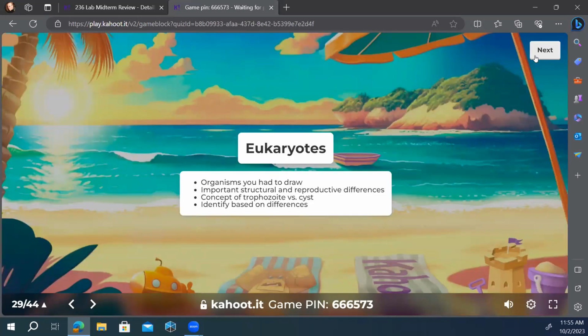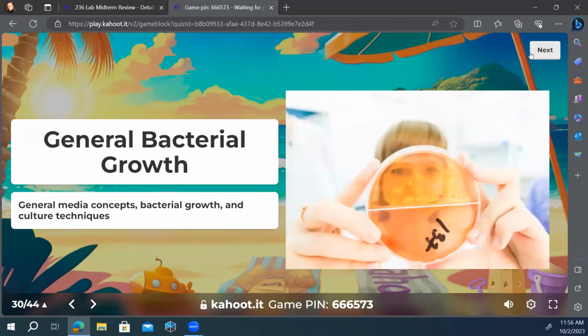All right, the eukaryotes, you want to look over those organisms you had to draw, the important structural and reproductive differences, and then that stuff that you had to write about, like the life cycles and stuff like that, that's going to be tested on the test too. Trophozoite versus cyst, the concept of that, and then identifying things based on differences. That's it. I mean, I don't like the eukaryote part, but